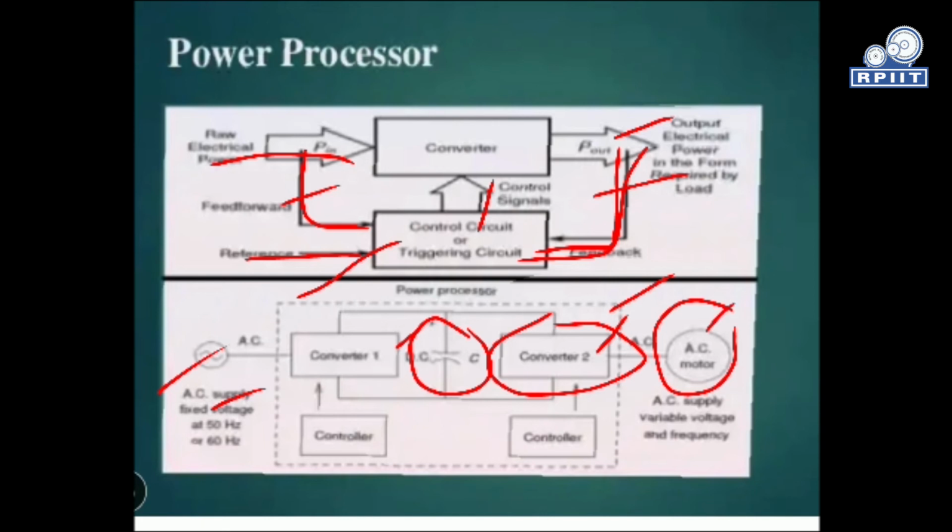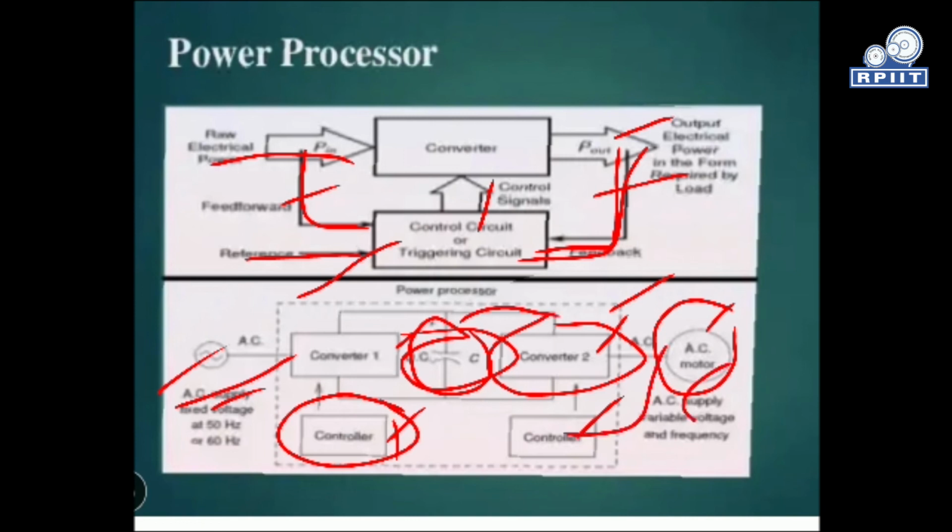So what we do here is, the AC input has 50 hertz, right, and the converter will convert it into DC. This converter is controlled by controller 1. Again, it will be given some reference input, so that this DC link has the desired voltage level, say 20 volt, 30 volt. It will control this signal as per the controller requirement. In the same way, the other controller is used to control this AC output as per our load requirement.